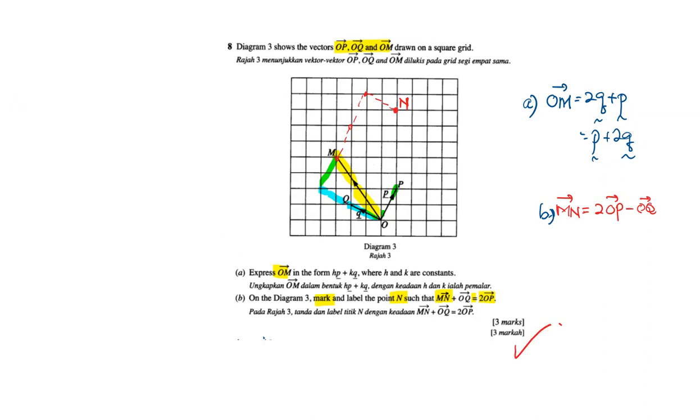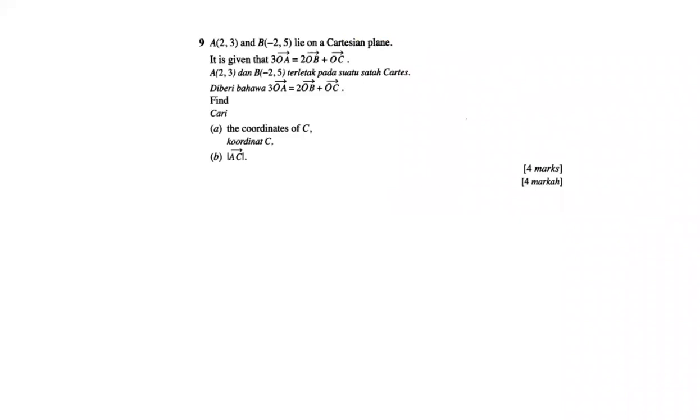Okay. Now, let's see if there is any other question. 2018, 3 marks here, question number 8. Yeah, there is another one. 4 marks, paper 1 again. All right, so let's read the question. This one, A and B, given that 3OA equals 2OB plus OC. Okay, find the coordinate of C. They don't give a diagram. Oh, very bad. So